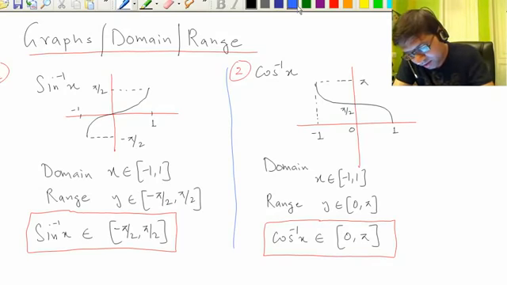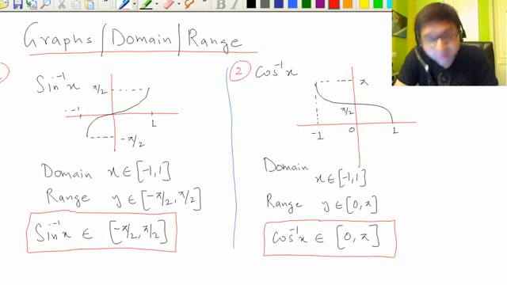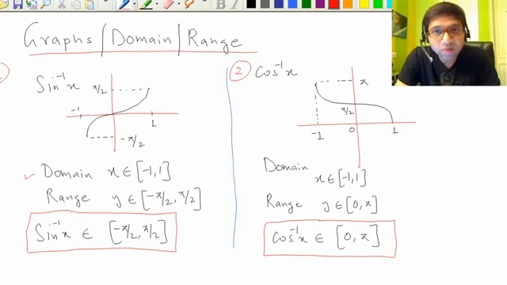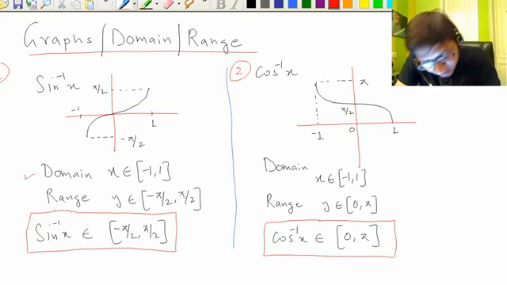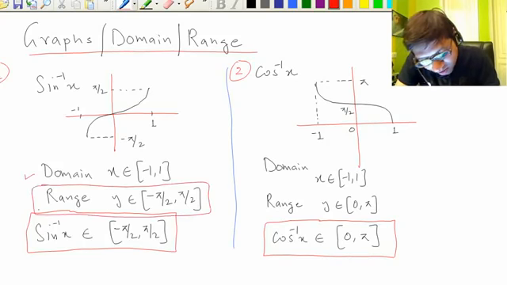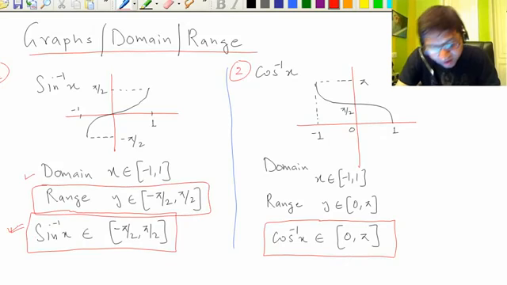This is the graph of sine inverse x, and what you have to remember is the shape of the graph, and especially the domain and range. Sine inverse x can take values only between minus pi by 2 and pi by 2. That is its range. Sine inverse x cannot output a value outside minus pi by 2 and pi by 2. That's very important. This range is known as the principal value branch of sine inverse x, which is why I have mentioned it separately. Sine inverse x lies between minus pi by 2 and pi by 2.